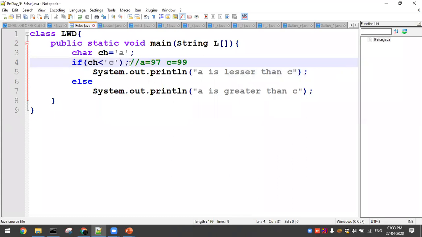The empty if takes one line as its part, but else without an if cannot exist. Listen: only if there is an if can we have an else part. If the if is not there, how does it become an else? Else is nothing but a dependent statement of if. That is why this is going to throw an error.